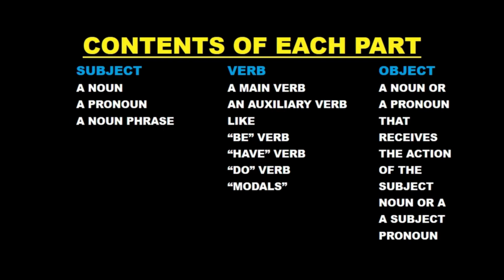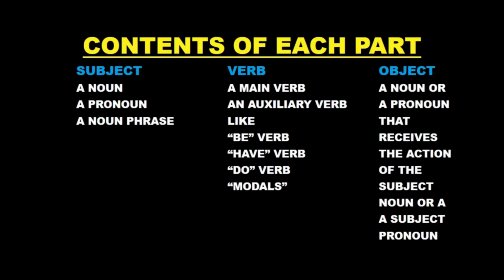Next comes the have verb. There are 3: have, has, had. There are 3 more, the do verb: do, does, did. And we have some modals like shall, should, can, could, will, would, may, might. There may again be some semi-modals like used to, ought to, dare, need, must. In total, there are 24 auxiliary verbs, also called helping verbs.